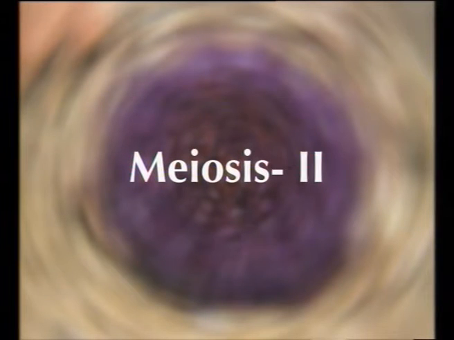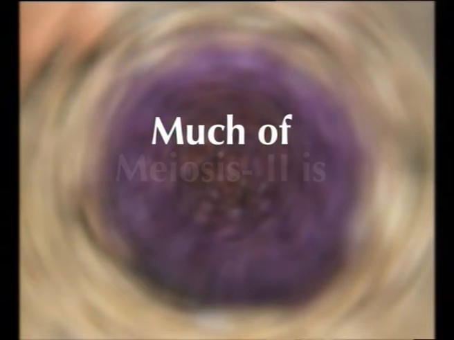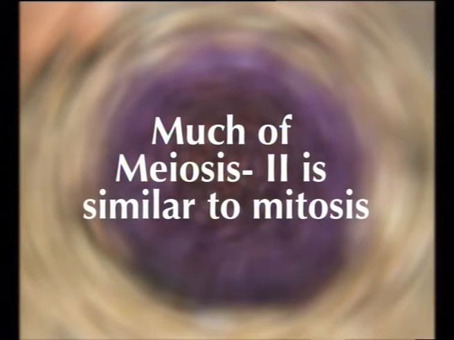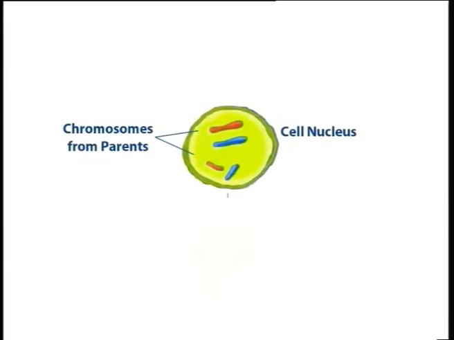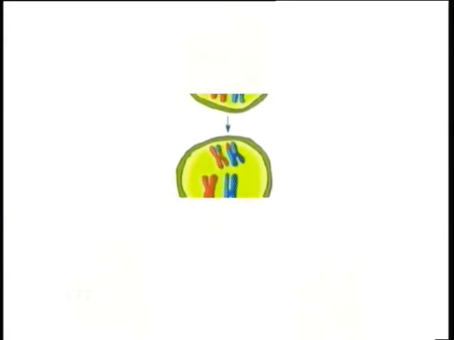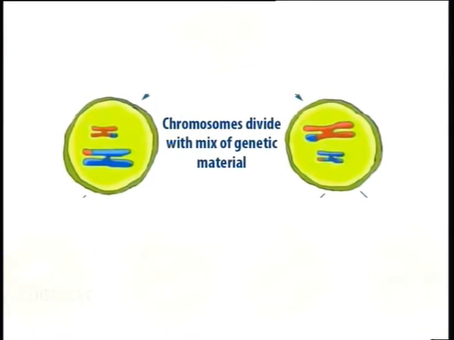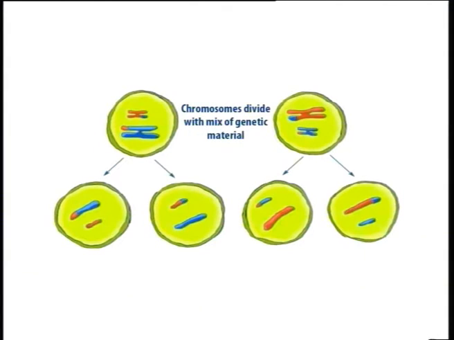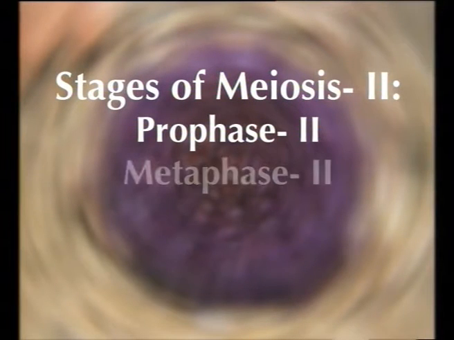Dear students, let us discuss meiosis II. Meiosis II is the second part of the meiotic process. Much of the process is similar to mitosis. The end result is the production of 4 haploid cells from the 2 haploid cells produced in meiosis I. The 4 main steps of meiosis II are